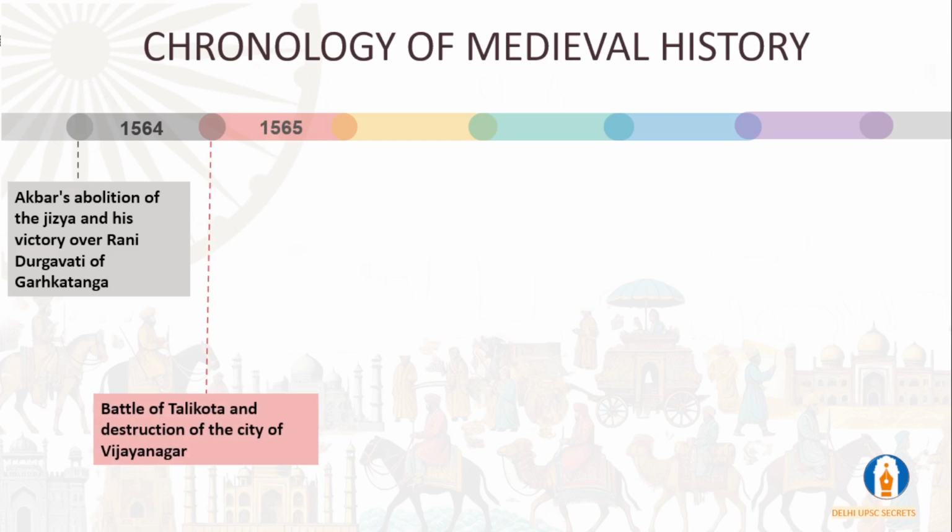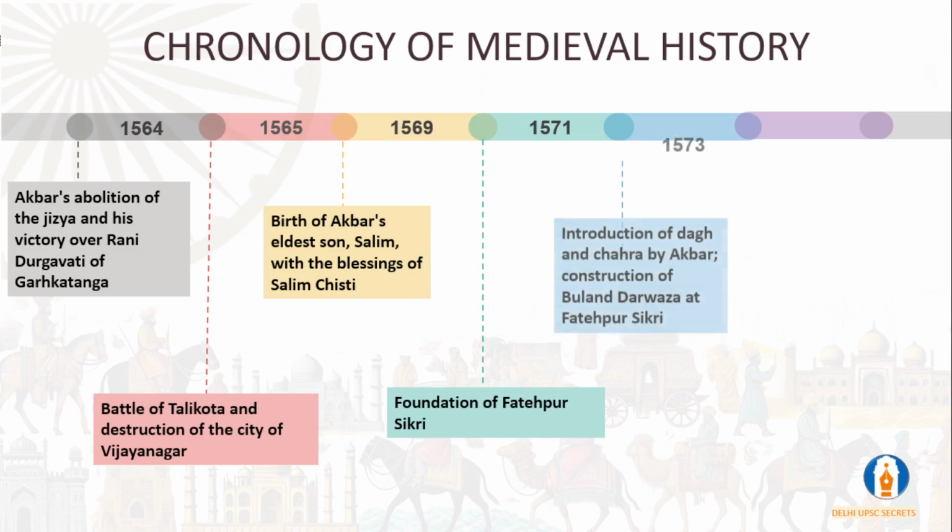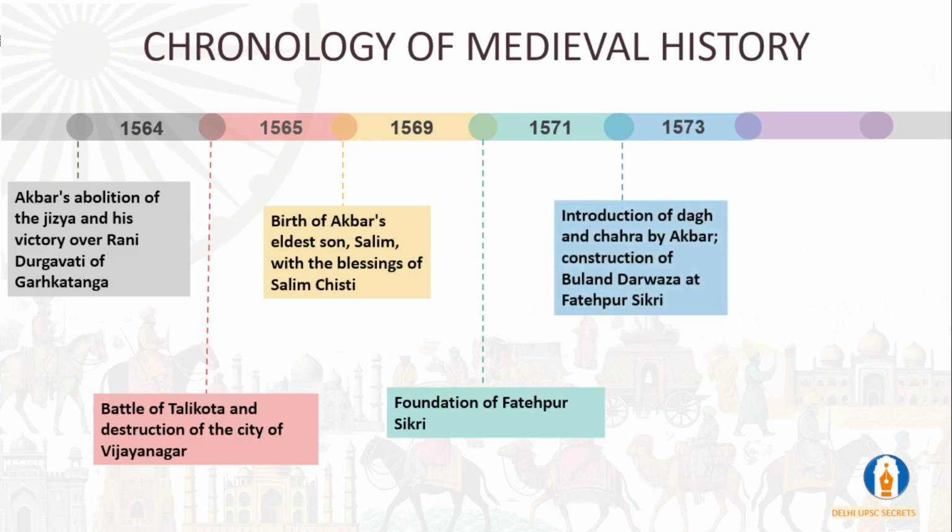1565, Battle of Talikota happens and it leads to the destruction of the city of Vijayanagara. 1569, the birth of Akbar's eldest son Salim happens with the blessings of Salim Chishti. 1571 is a period marked with the foundation of Fatehpur Sikri, which is one of the important iconic marvels of that particular period. 1573, the introduction of Tughra and Chahra by Akbar happens, and Akbar starts constructing Buland Darwaja at